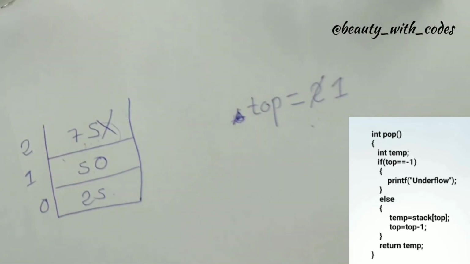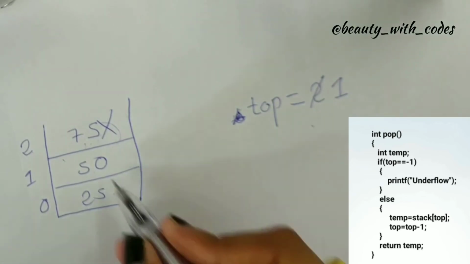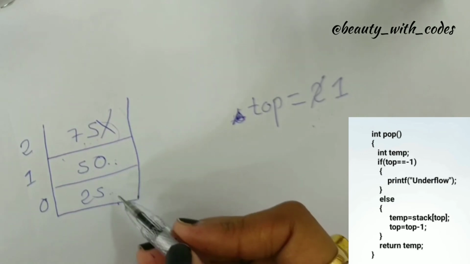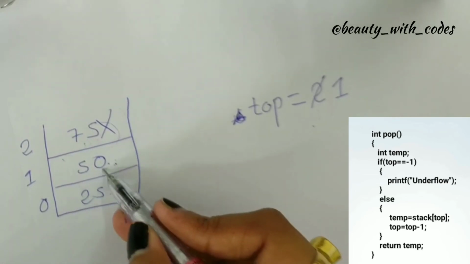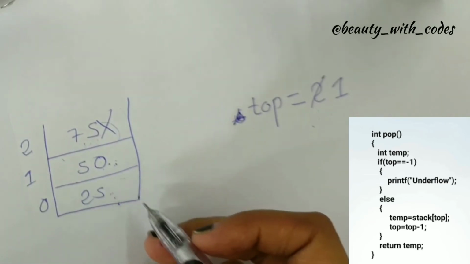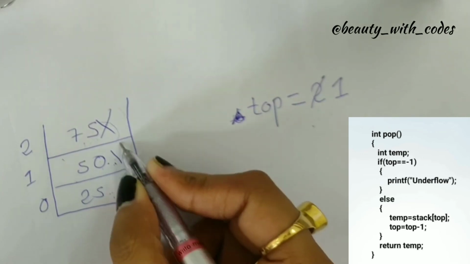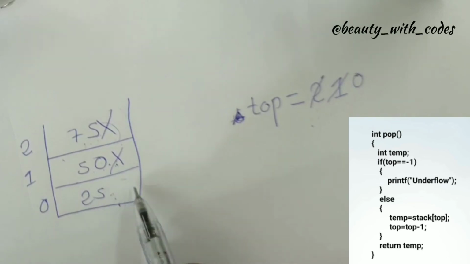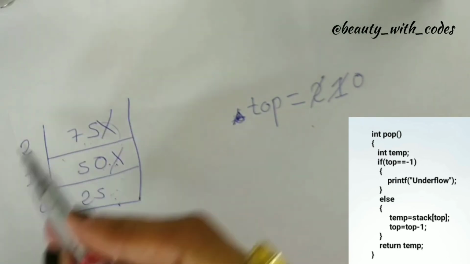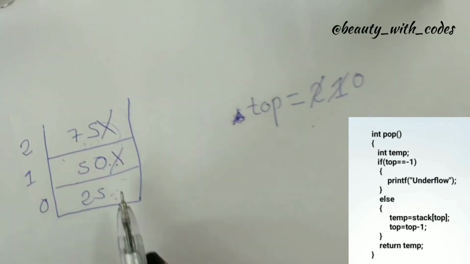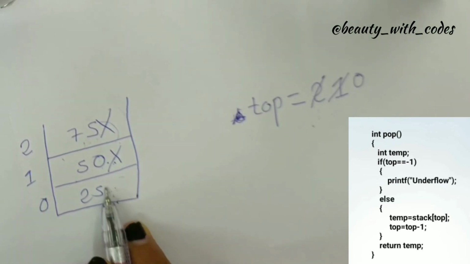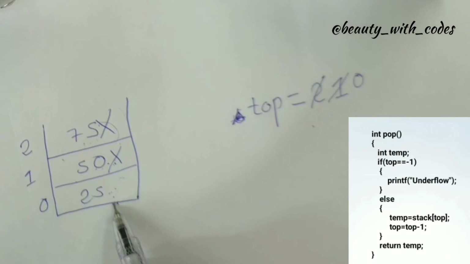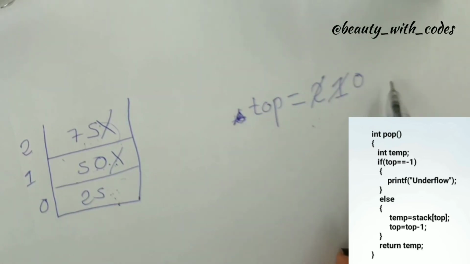Now if you again want to pop, what will happen? This is going to be popped because among these 2 elements, 50 is the last element to be inserted, isn't it? So yes, 50 will be popped out and now your top is 0 because the last element inserted in this stack is nothing but this one. Yes, of course this is the first one too, but after popping these 2 out, this is going to be the last element, isn't it? So your top is 0.